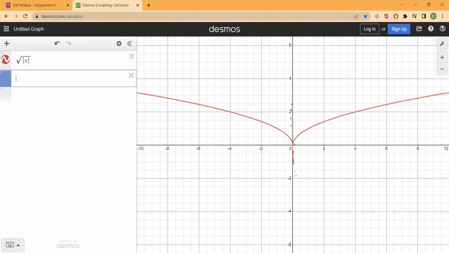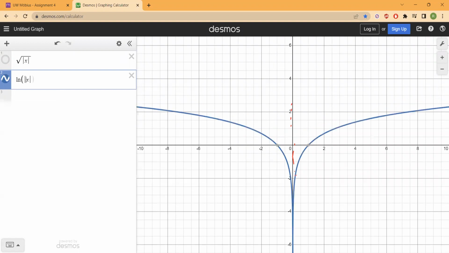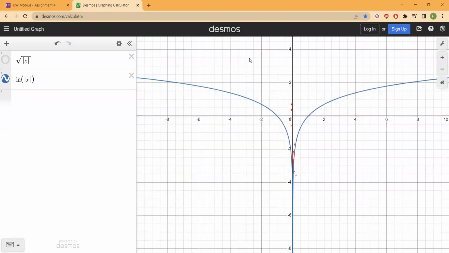The next function that we were looking at, which I said is not continuous, was ln of absolute value of x. So we just need to use parentheses there. Hopefully this works now. And again, I made a mistake when I was drawing the function, I apologize. But what I want to show you again is that you will never reach zero. So the reason that it goes down like this in absolute value is